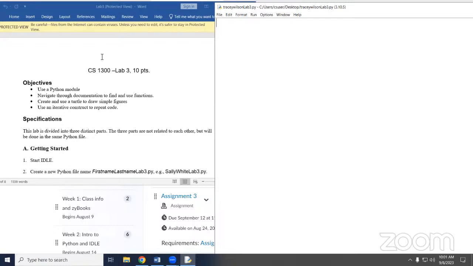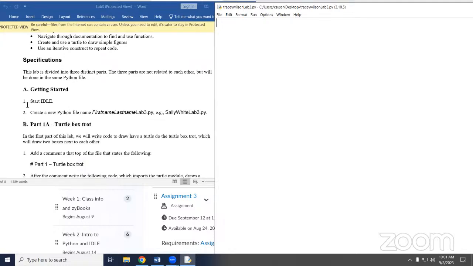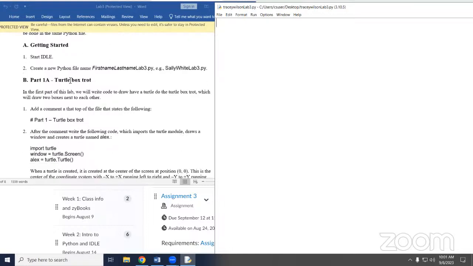This is when I wish I had two monitors. All right, so we did part A. We started IDLE and named the file first name, last name, lab 3, right? Everybody's done that. Almost? Good.